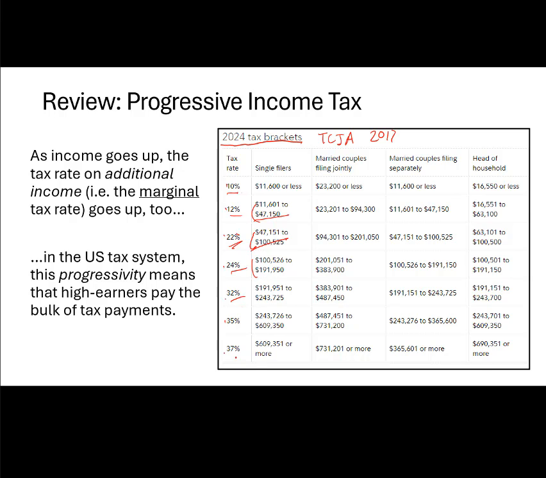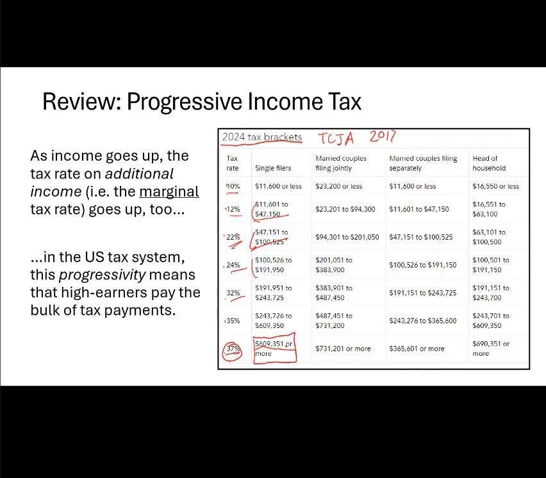So you can see that the top bracket, and a lot of supply side analysts will kind of focus on the top bracket because that characterizes the progressivity or the steepness or the burden of the tax system overall. That 37% tax bracket only applies once you're earning above $609,000. Okay, so when we talk about taxes paid by the super high income people, a lot of your pro athletes or your big name entertainers or business executives, people like that who are earning millions of dollars a year, they are paying 37% on probably the vast majority of their income.